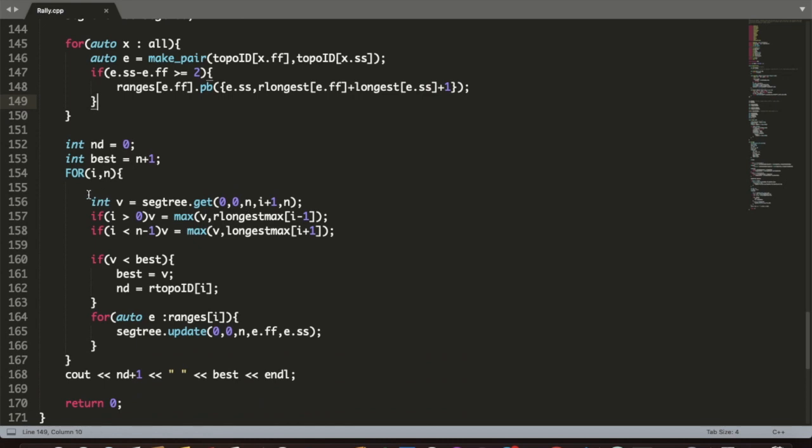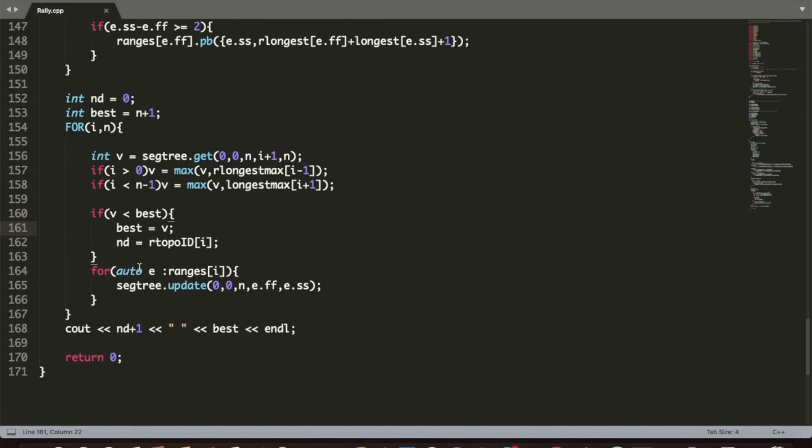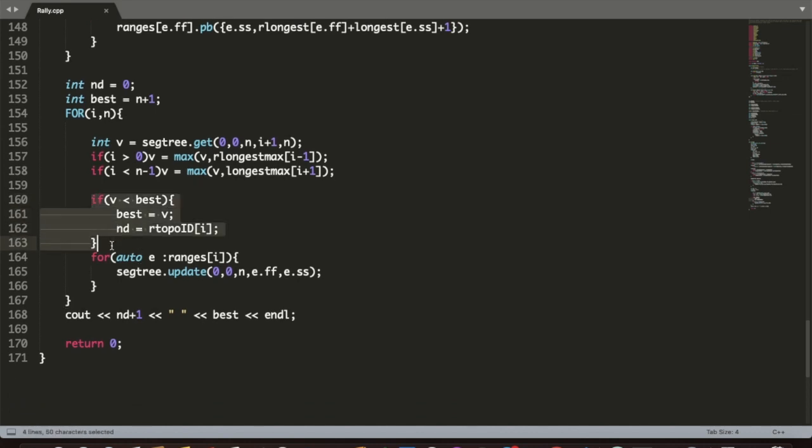And then we just iterate over all the nodes, find the best overhead path, and then take a max over the prefix and suffix sums, because it might happen that even after we delete a particular node v, the longest path does not use that particular node v at all. It lies entirely towards the right or entirely towards the left. So these two if conditions handle those cases, and then if it is better, we just update our answer, and then we process the ranges that were to be processed at this node.